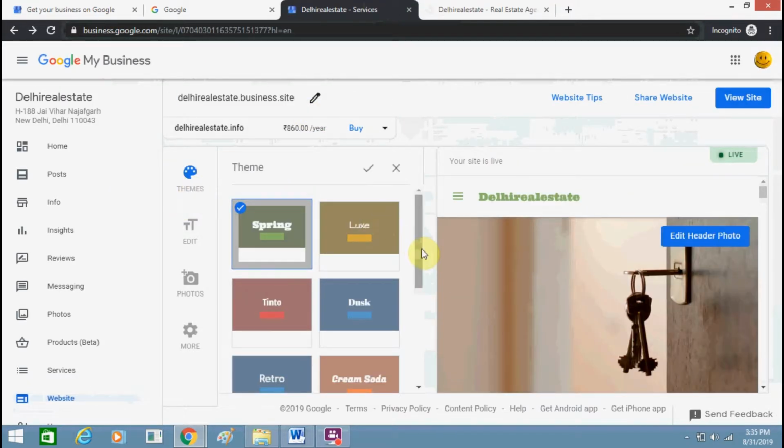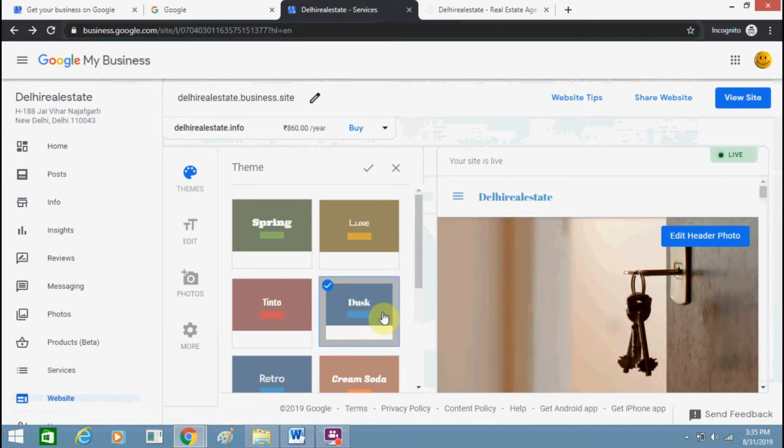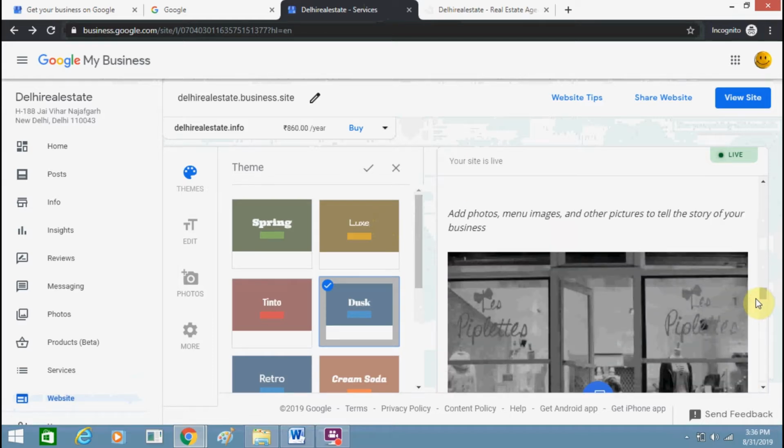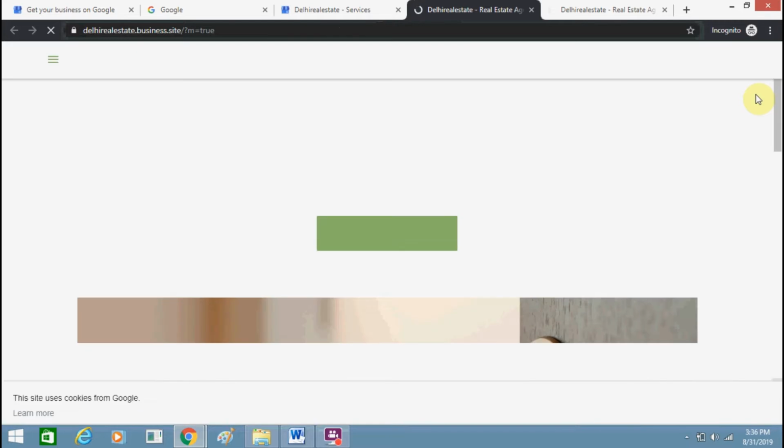You can change the theme from here. You can pick any one of them as per your desire, like I'm doing. I'm changing the theme. You will be prompted to save, and you need to save everything accordingly.